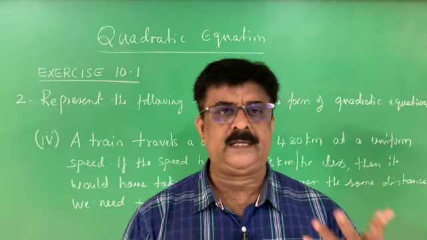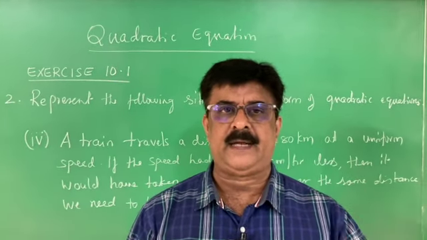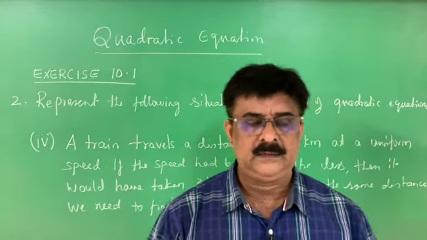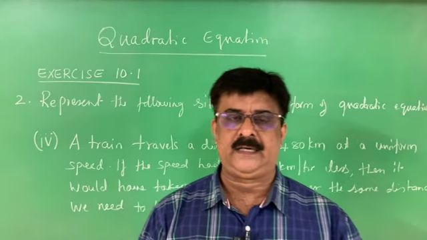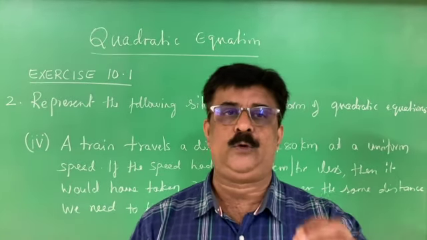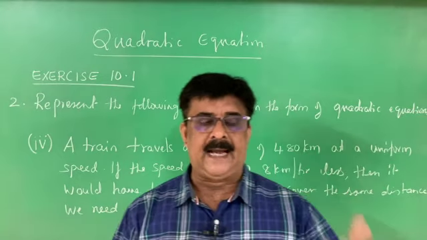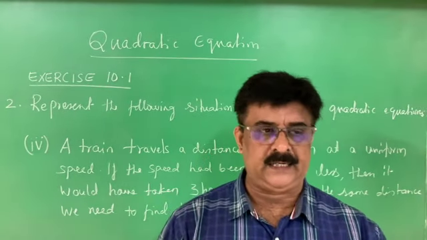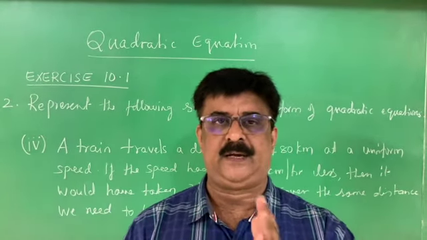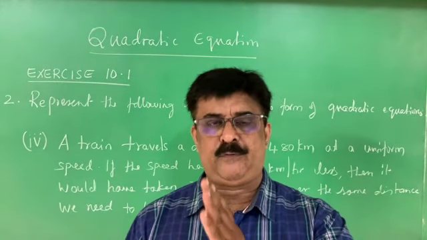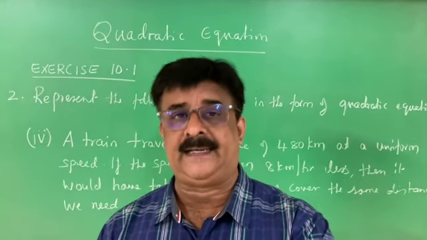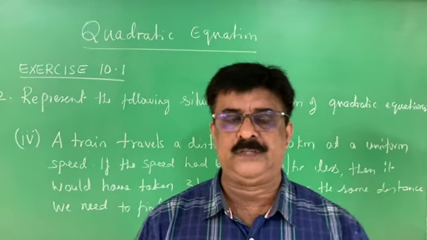One is, what is an equation? Equation is a mathematical relation. Then what is a quadratic equation? Quadratic equation is a second degree equation. The standard form of a quadratic equation is ax square plus bx plus c is equal to 0, is the standard form of the quadratic equation of variable x, where a is not equal to 0, and a, b,